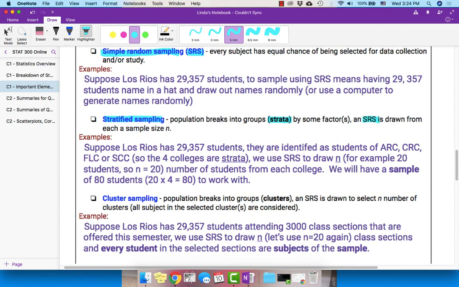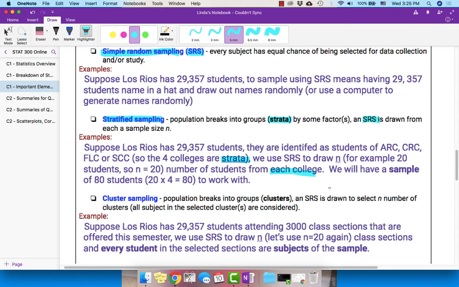They are identified as students of ALC, CLC, FLC, or SAC-CD. So the 4 colleges are strata. We use SRS to draw n, for example, 20 students, so n equals 20, number of students from each college.